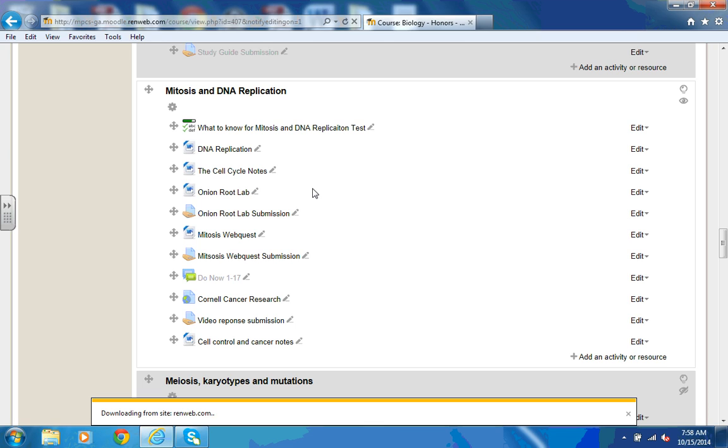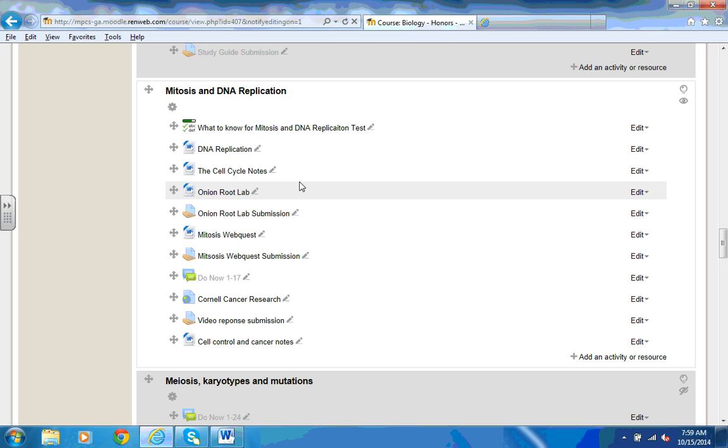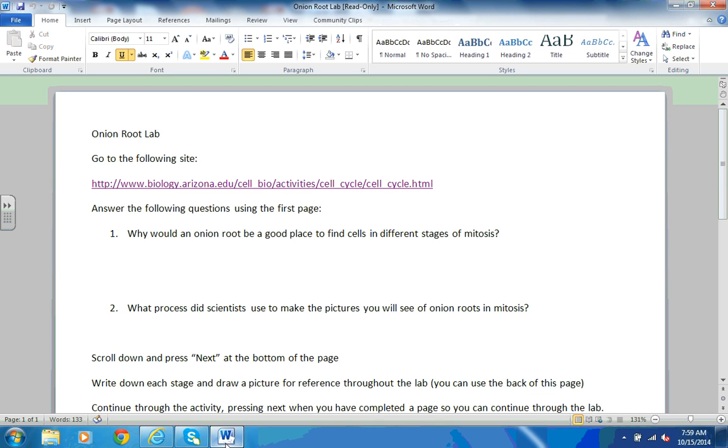Once you get it pulled up, it has a URL that you're supposed to go to actually do the lab, and then this document is where you fill in your answers, and we will go over them tomorrow in class. Alright, so there it is. So I tell you to go to this site, so Control click on it. It's going to take you to this website. Okay, so while that's loading,